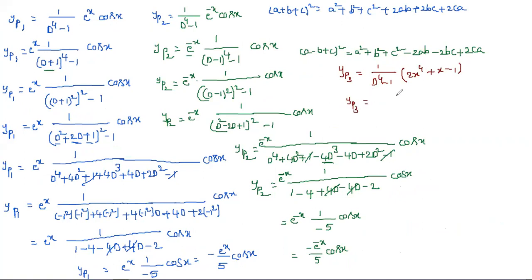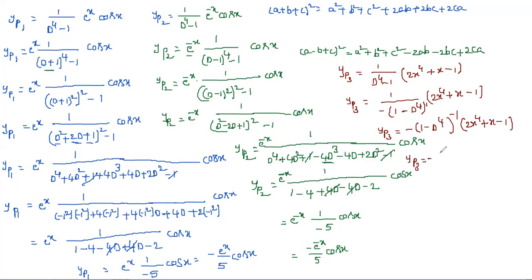So here, for the third type, we need 1 minus or 1 plus to be there. So for that we can take minus as common and write it like this: 1 minus D power 4, minus 1 plus D power 4 into 2x power 4 plus x minus 1, and here it is having power 1. Next, taking this into the numerator, it is minus of 1 minus D power 4 whole power minus 1 into 2x power 4 plus x minus 1. And now you can write the expansion for this.